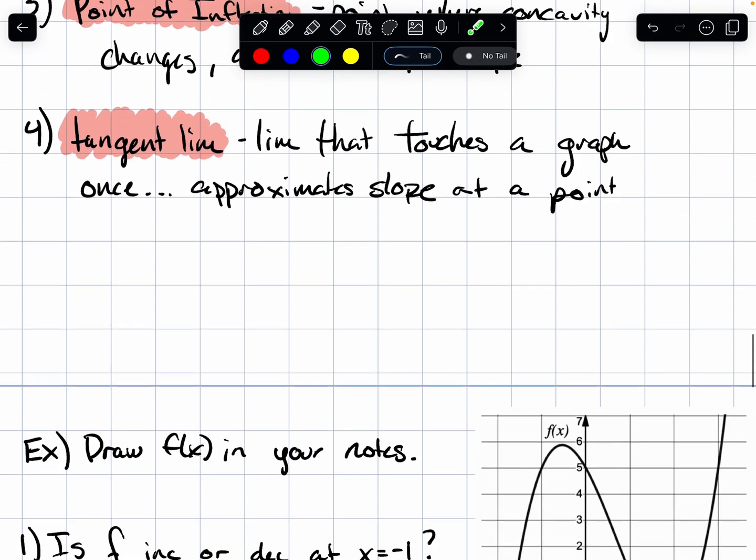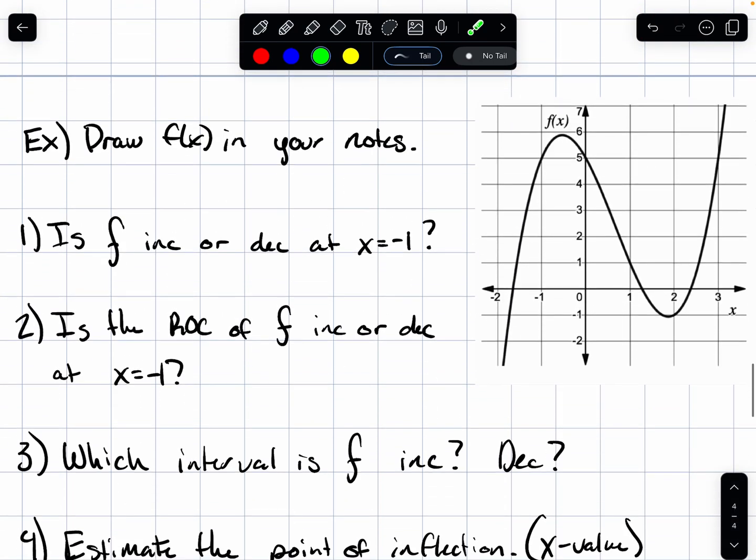I give you a scenario over here. Please draw this in your notes before you go ahead and listen to this part of the video. So the first thing that I want to answer is, is f, my function, and this fancy curly f is talking about my function, increasing or decreasing